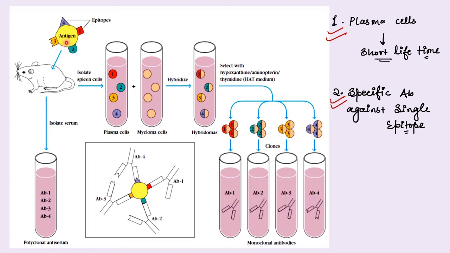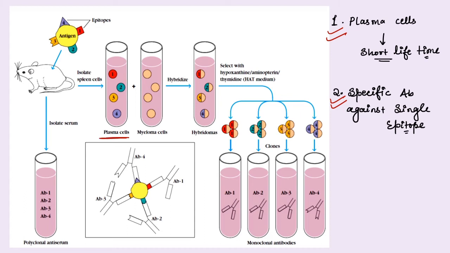Okay, so we inject antigen of interest in the experimental organism and then we allow it some time to produce the plasma cell against these epitopes. Okay, after some time the spleen of this organism is isolated because here all the plasma cells are concentrated, so spleen cells are isolated. Now in those cells we will find the plasma cells also that are activated against different epitopes present on the antigen of interest.